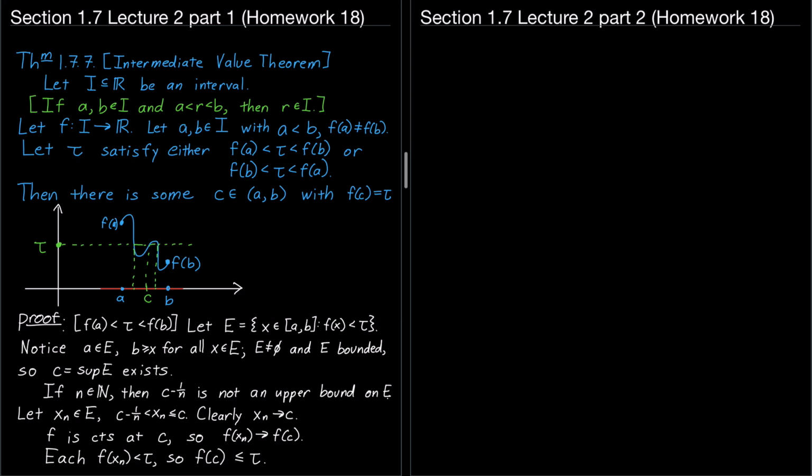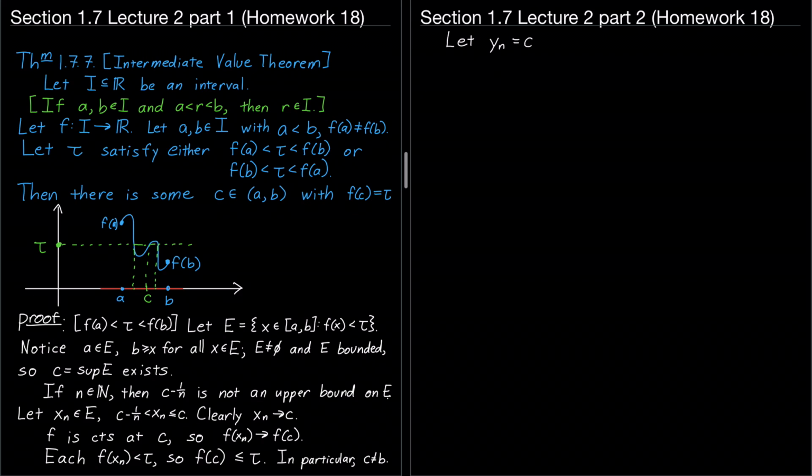And in particular, we have that c cannot be the number b. If c was the number b, f of b is bigger than tau, f of c is less than or equal to tau, so c cannot be the number b. So that's one sequence that's converging to c, and we've seen that f of c is less than or equal to tau. Now what we're going to do is we're going to let